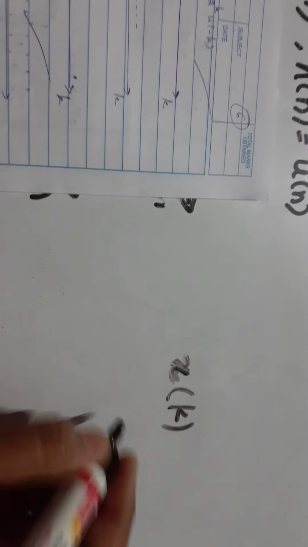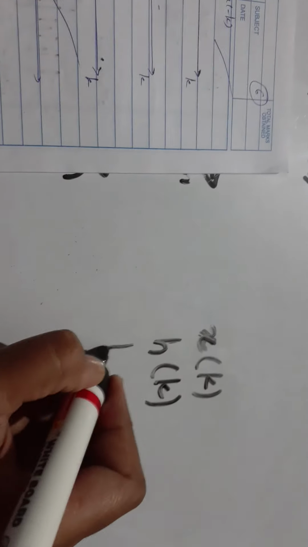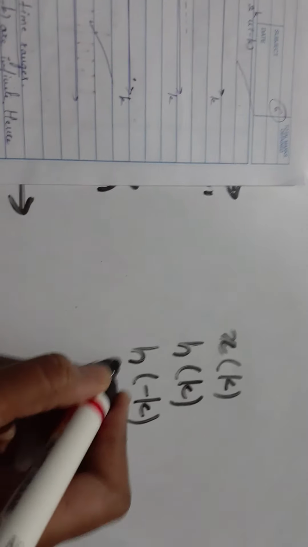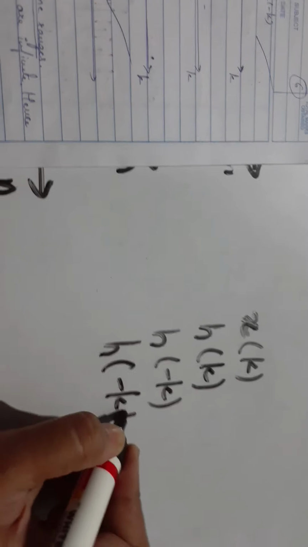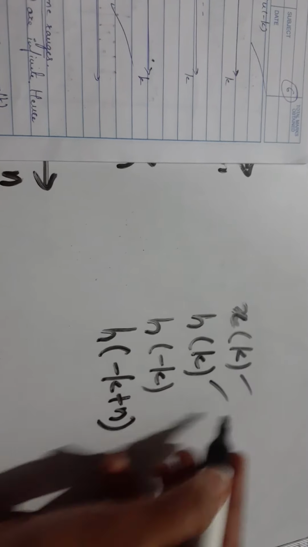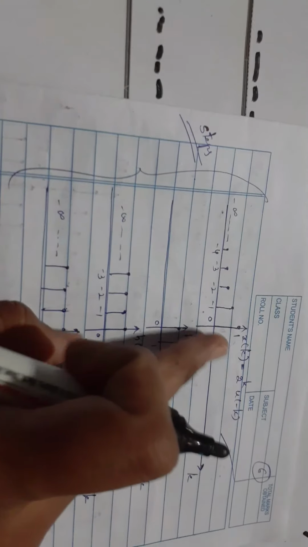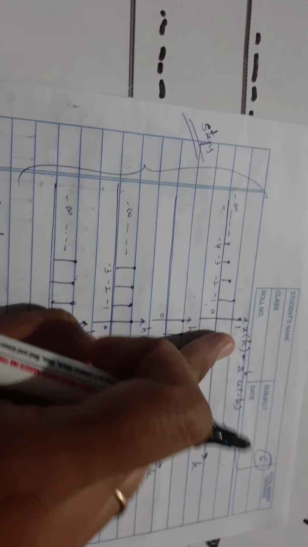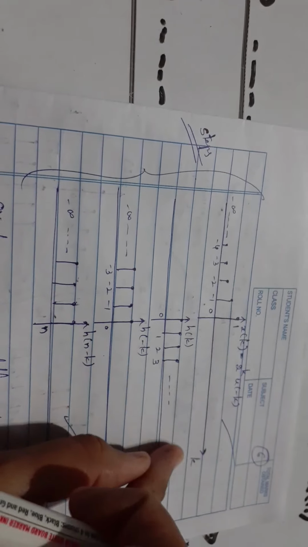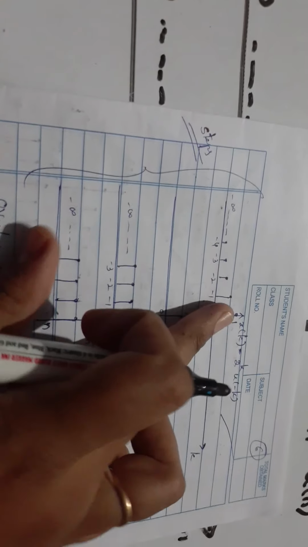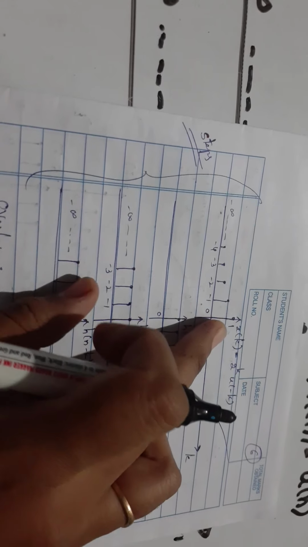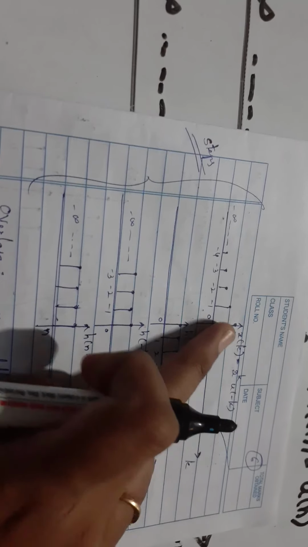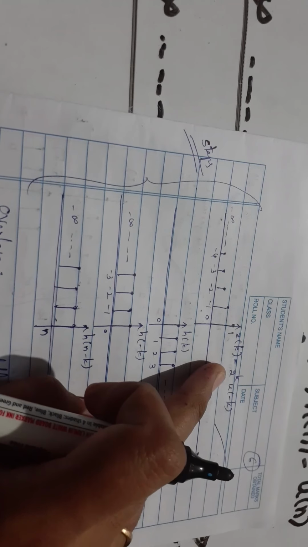First we need to draw x of k, then draw h of k, then reflect it, then shift it. So we need to do all these. If you observe here, I have drawn x of k. How to draw x of k? Simply replace n by k. Remaining signal shape remains the same. At 0 you got the amplitude 1. And what is x of k RHS? It was 2 raised to n. Here it is x of k, so it should be replaced with k.